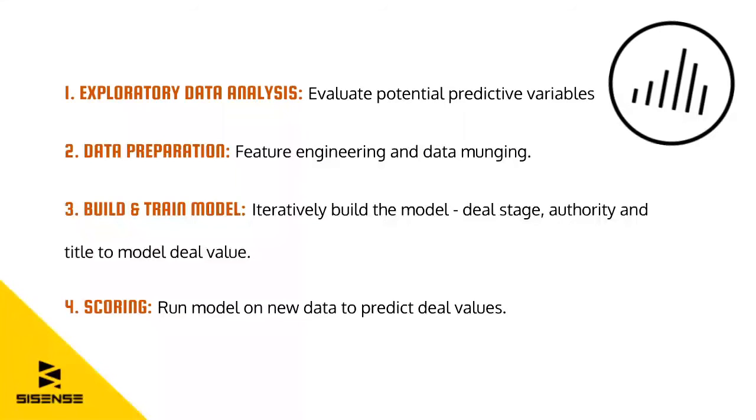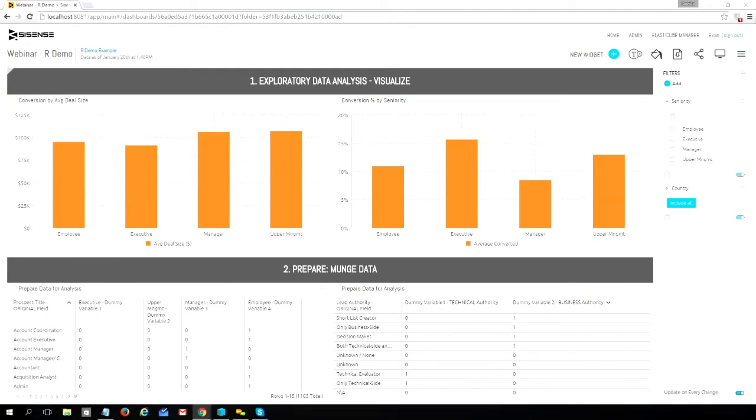So we can perform that statistical analysis. Again, as Jared said, we're going to go through 4 stages. Exploratory data analysis, to actually evaluate potential variables, data preparation and some of the challenges that may come up around that. We're then going to build and train a model using those variables we discussed. And lastly, we're going to go through a process of scoring to run the model on new data to predict potential outcomes. So I'm now going to just switch over to a live demo we have. And Jared, in this example over here, we can see the first part with the graph on top. How would you choose variables to include in your analysis, and what are we seeing on the screen?